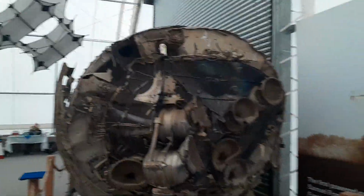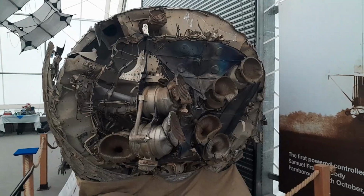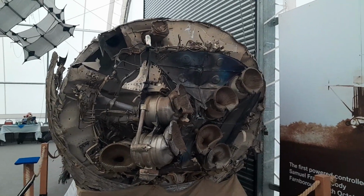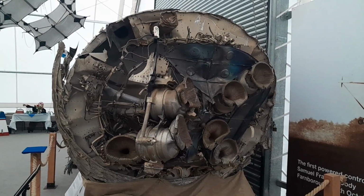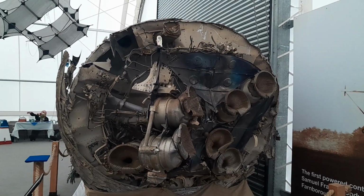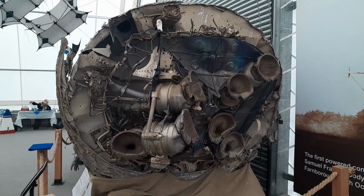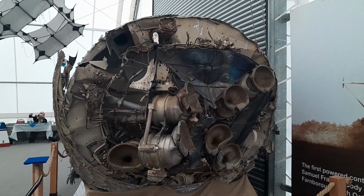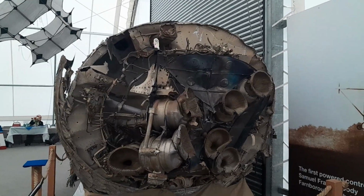So how big is this rocket? Well, I would say that diameter is about 2 meters or 6 feet, and I haven't looked that up in any great detail. Some people for scale, normal human-sized person, and the originally circular form of the bottom end, the business end, the flamey end of the Black Arrow,